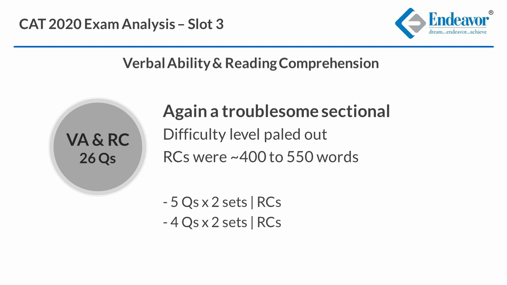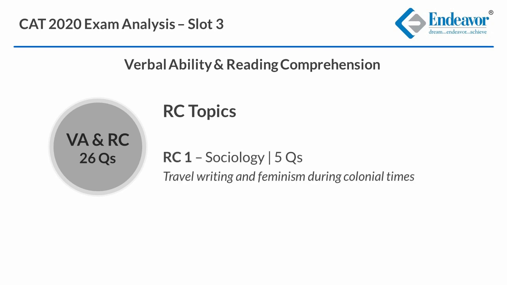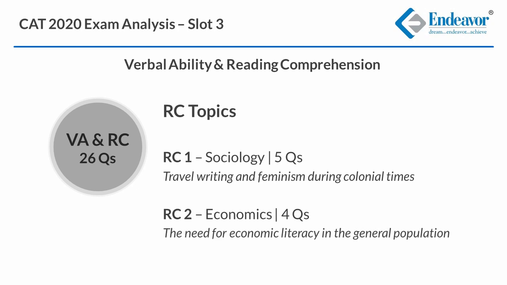Like slot 1 and slot 2, the density of language and the closeness of options required students to spend more time reading these RCs and regressing to get the answers. The RC topics were sociology, which was to do with travel writing and feminism during colonial times, and economics, which was to do with the need for economic literacy in the general population. This passage carried 4 questions and could be termed moderate, whereas the passage on sociology carried 5 questions and could